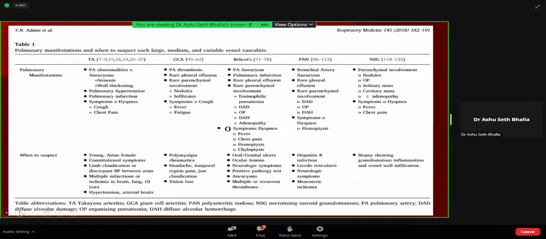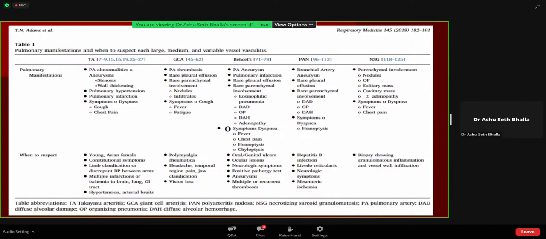Now, if we look at the large and variable vessel diseases, so in Takayasu arteritis, what are the pulmonary manifestations? You can get pulmonary artery aneurysms, you can get stenosis, you can get pulmonary hypertension. Same in giant cell arteritis, you can get thrombosis. Behcet we already saw. You are familiar that it gives rise to basically visceral aneurysms. Occasionally, you'll get